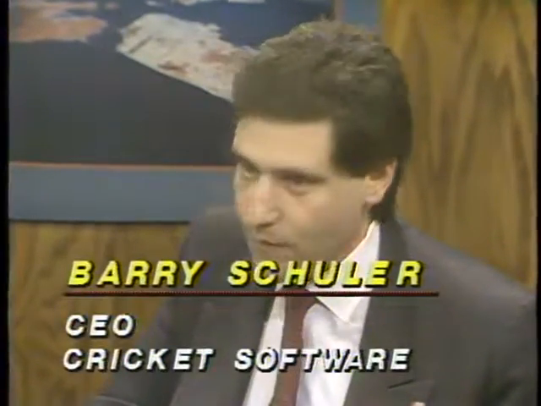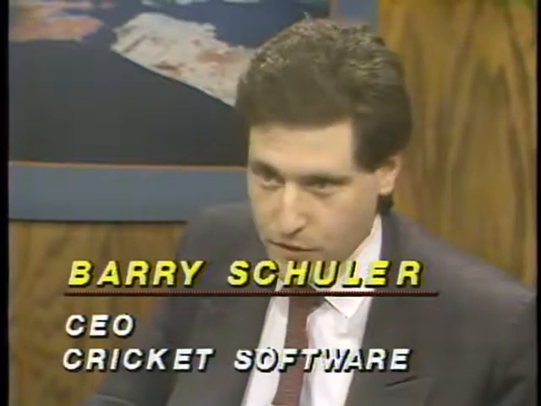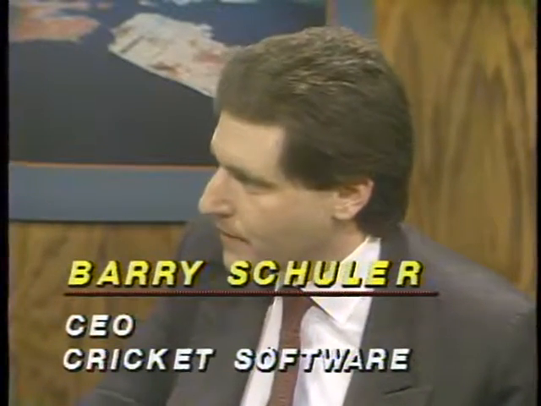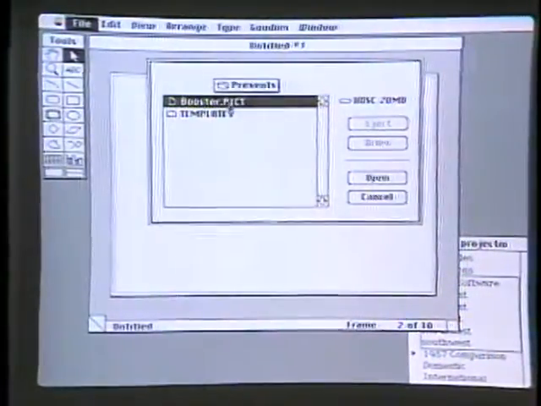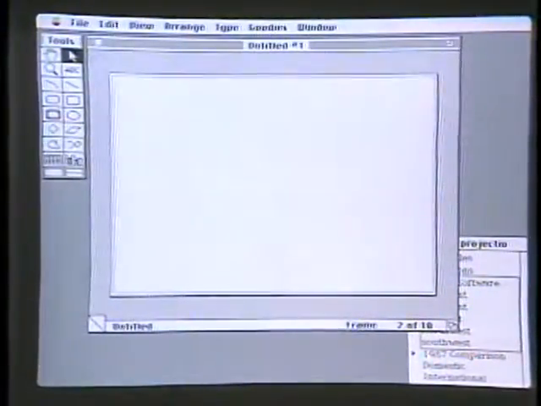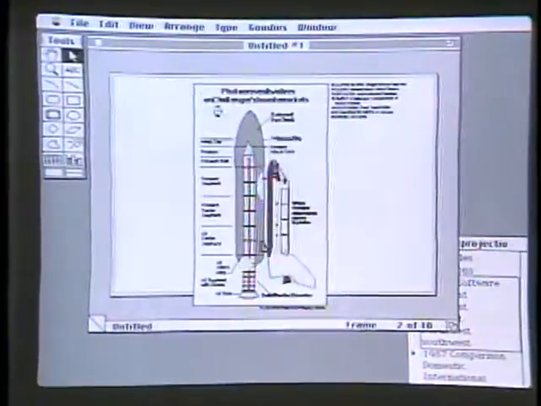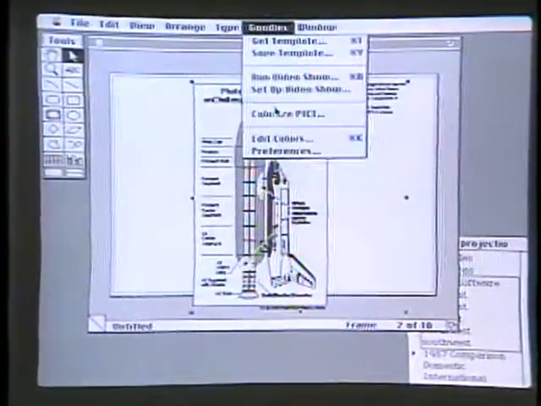What about importing graphics and text from other programs? We have very powerful importing features. We support all of the popular file formats, PICT, PIC2, MacPaint, EPSF, and we even let you do some exciting things with the images that you import. I'll bring an image right in now that's a PICT file, and even though this was a black and white PICT file that was created with another program,